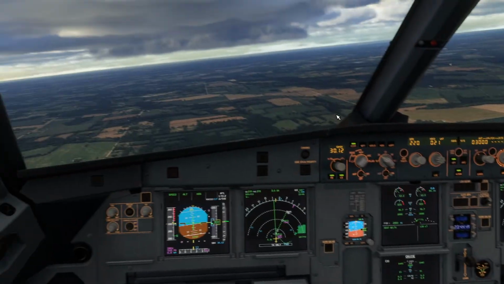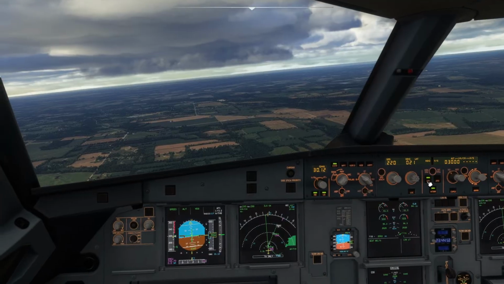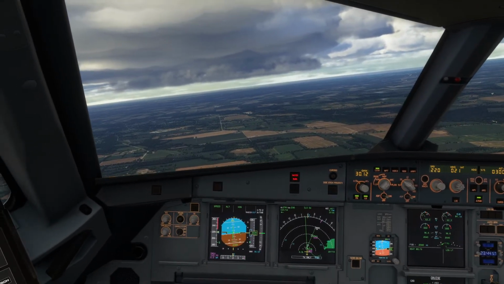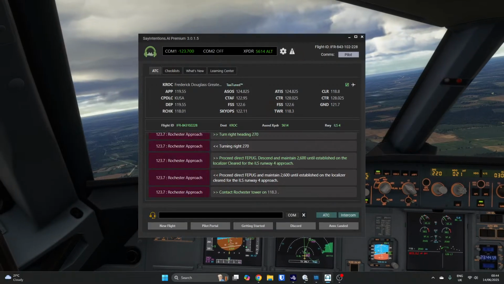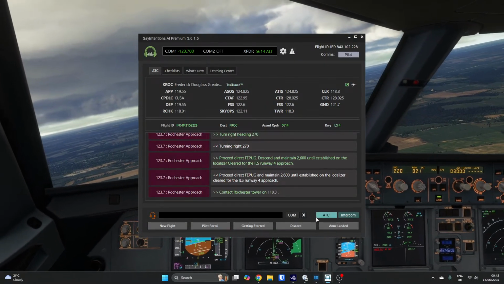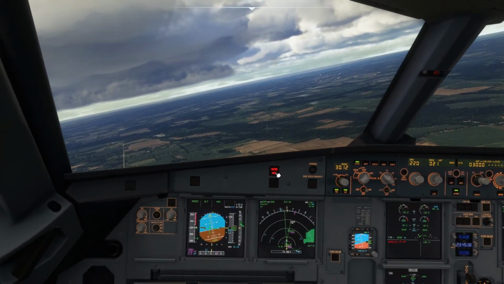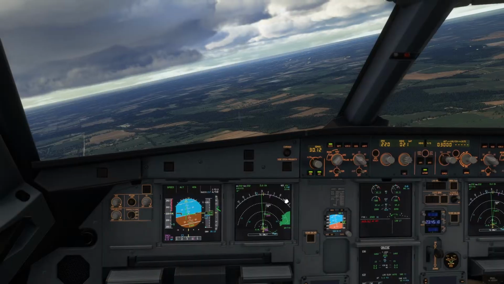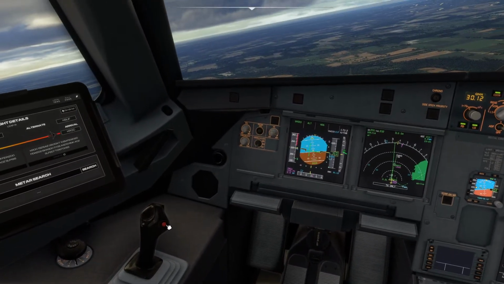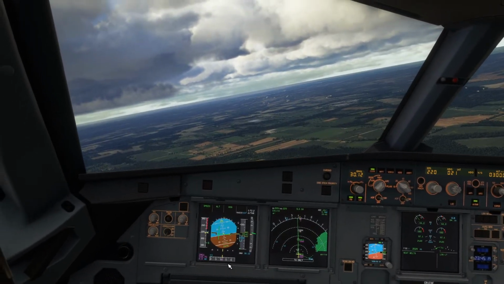So what we're going to do now, because this is boring, is go and turn the autopilot off. Virtual 073, contact Rochester Tower on 118.3. Contacting Rochester Tower 118.3, virtual 073. Why have we got a warning? Oh, it's because the autopilot. Because I turned the autopilot off, it doesn't like it. Okay, so now we can...